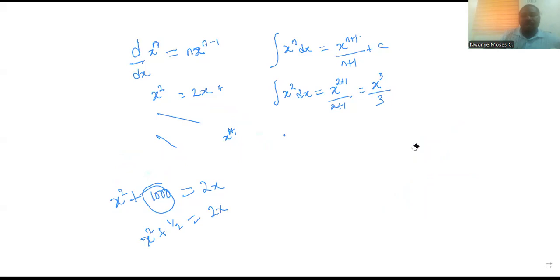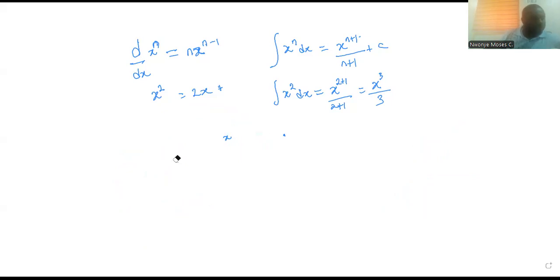So we can pick some example. Let's pick some example and solve them. Some simple examples over here. So for instance, you are given to integrate